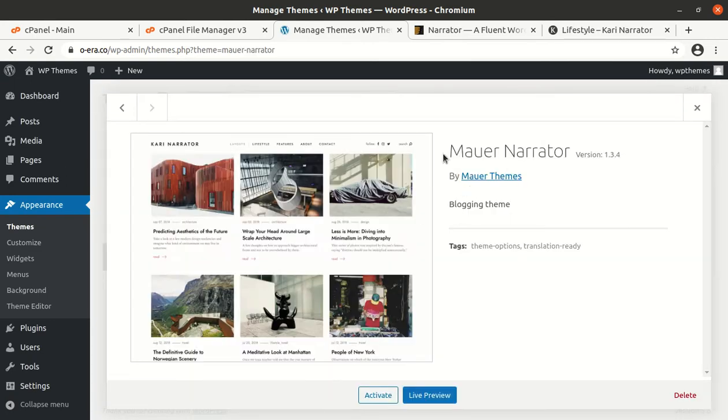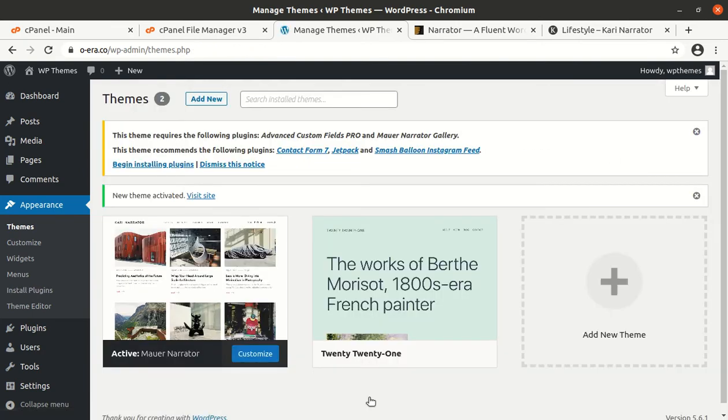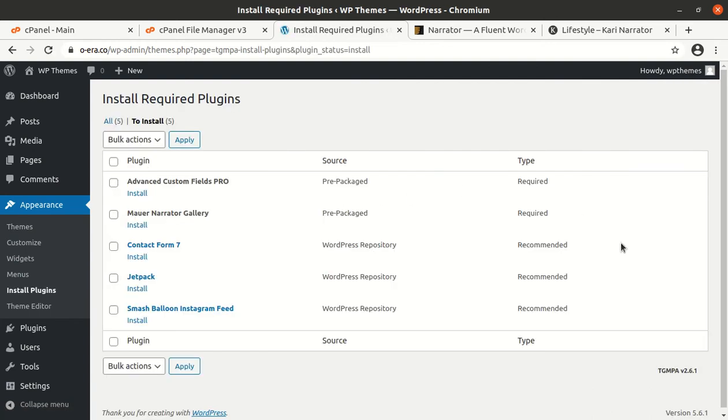Let us check the detail. It is Manure Narrator 1.3.4. It is a blogging theme, and we can activate it now. Upon activation, we got an alert to install necessary plugins. Let us check what plugins are here. This theme needs only two required plugins. One is Advanced Custom Fields Pro and another is Manure Narrator Gallery. The rest three are only recommended